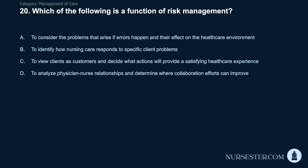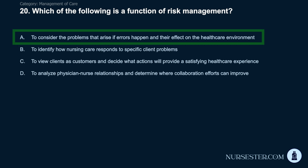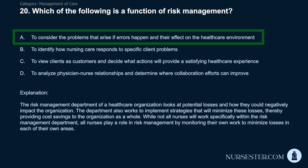D. To analyze physician-nurse relationships and determine where collaboration efforts can improve. Correct answer, A. To consider the problems that arise if errors happen and their effect on the healthcare environment. The risk management department of a healthcare organization looks at potential losses and how they could negatively impact the organization. The department also works to implement strategies that will minimize these losses, thereby providing cost savings to the organization as